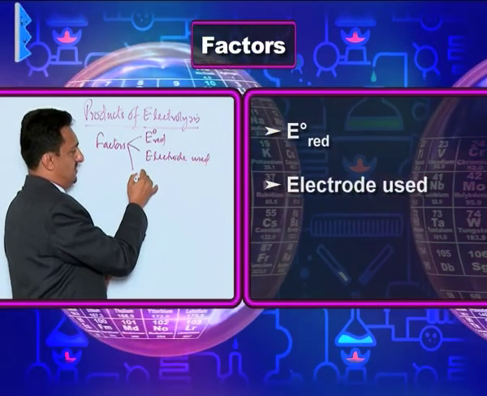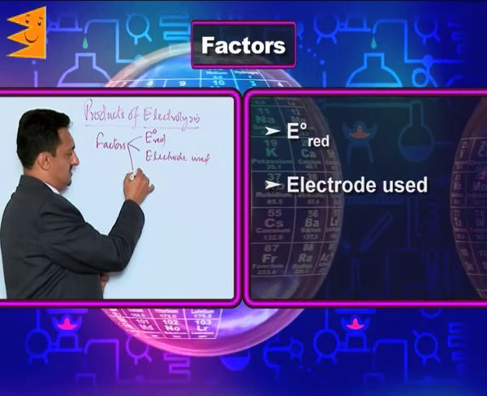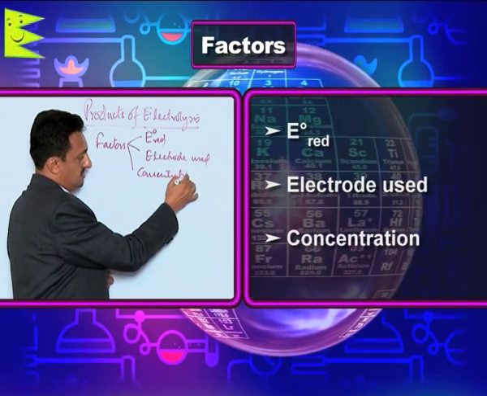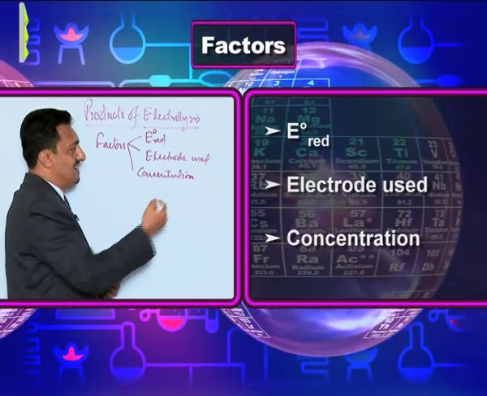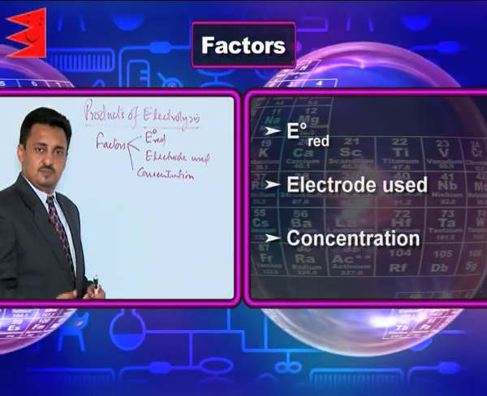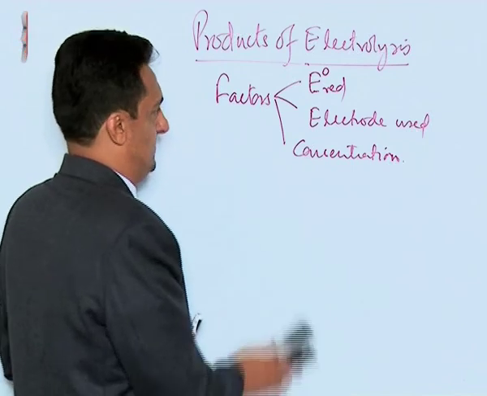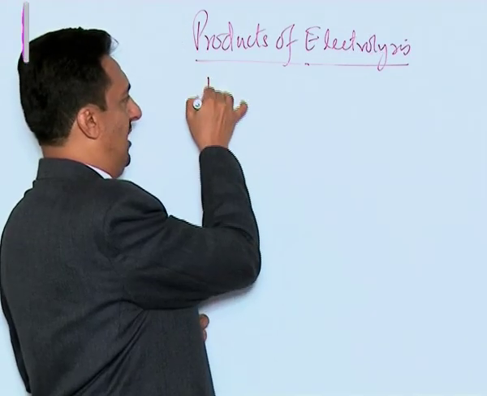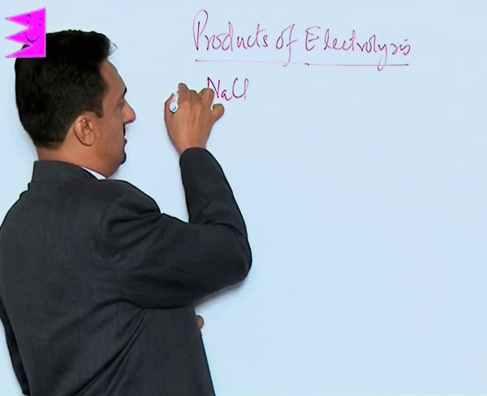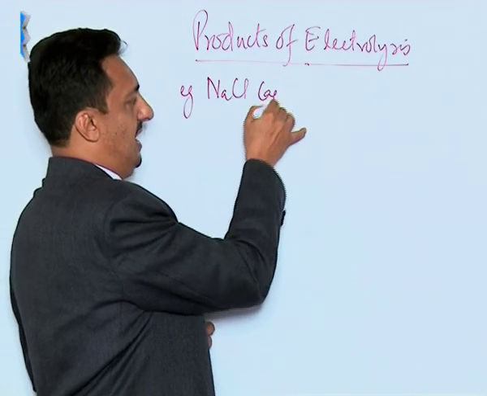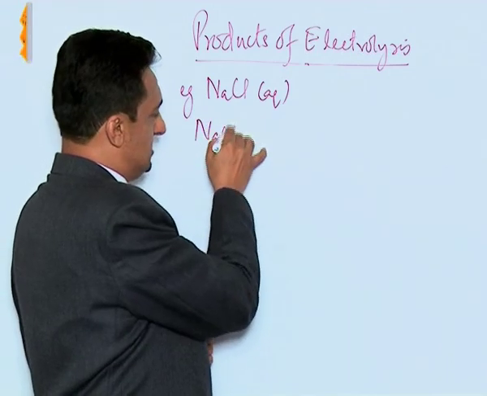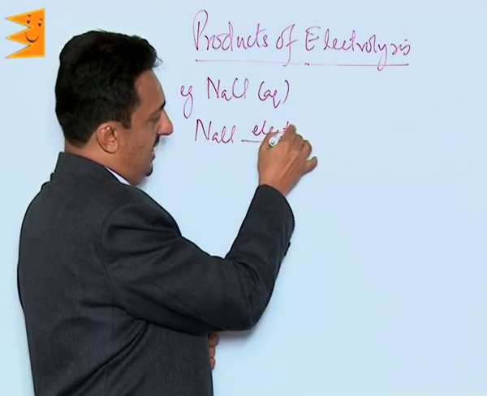electrode used, and the third factor is the concentration. Now let us take different examples to study these factors one by one. Let us take the first example of NaCl aqueous. When this aqueous NaCl is electrolyzed,